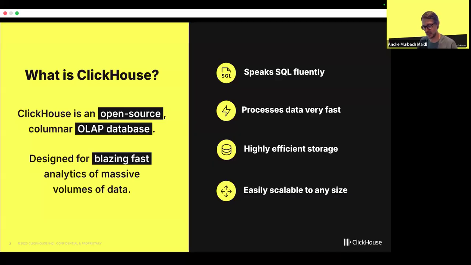Since the data is also stored on disk sorted, it makes it very easy for ClickHouse to get this data and process the query in parallel. And once each node processes its part of the query, you can aggregate this data and provide the result to the person that actually wrote the query.